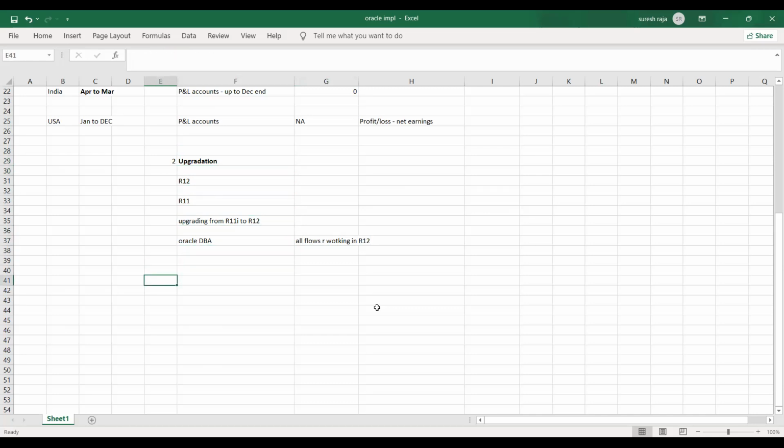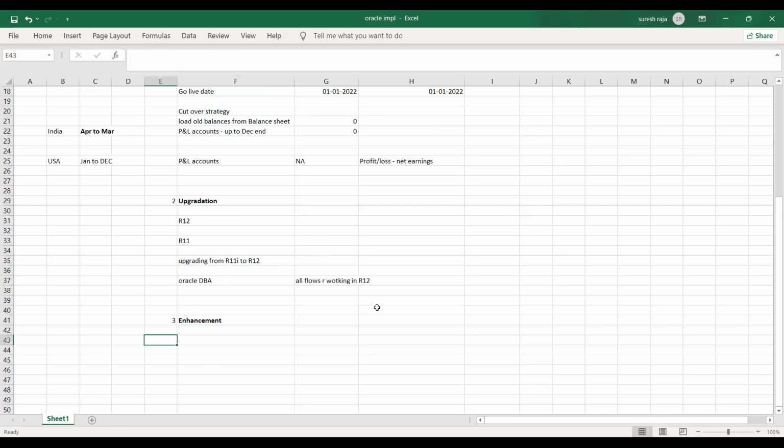Third is enhancement. Suppose your business wants to enhance something, they have to add some company. Suppose you are in 10 companies, they have to add some company, or close 2 companies, or design differently, which is applicable in Oracle. Mostly in Oracle, once you design the chart of accounts, we cannot change it. So whatever changes they want, or any report they want to implement, that is enhancement. This also the consultant will do as an enhancement process.